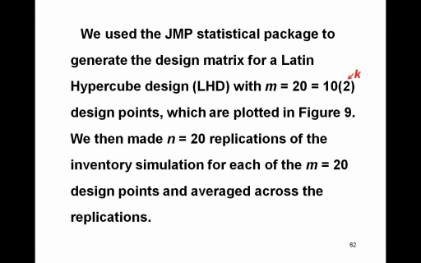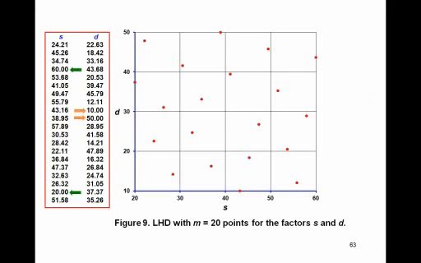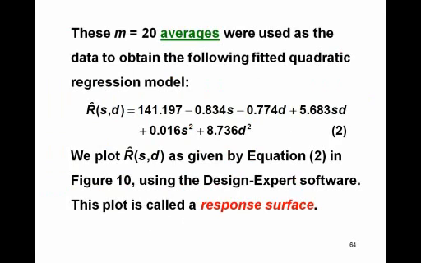So we have one thing, which is the number of design points, and then we could have conceivably any number of replicates at each of those design points. So we made 20 replications at each of those 20 design points, and we averaged across the replications. At a particular design point, we made 20 replicates. We get a response value for each of the 20 replicates. We take the average. Then these 20 averages were used as the response data to obtain the following fitted quadratic